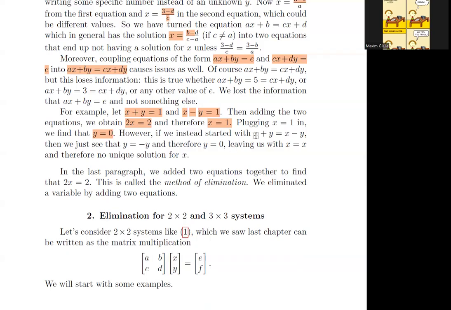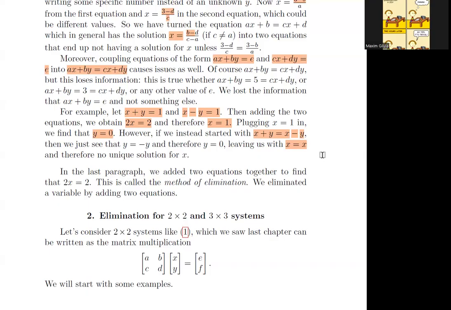But if you forget about the 1 and you just set them equal to each other, then you could subtract x from both sides and get y is minus y, therefore y is 0. And then we're left with x equals x, and that's it. We don't know what else happens with x. Before, we knew x equals 1, but now x just equals x, and we have infinite solutions. Anything works. So this causes issues. So be really careful when you're trying to combine two different equations.